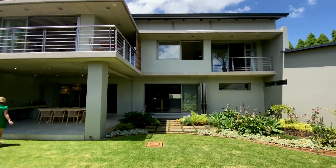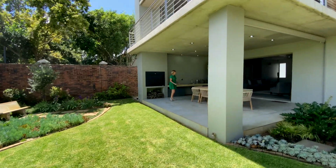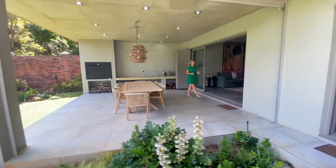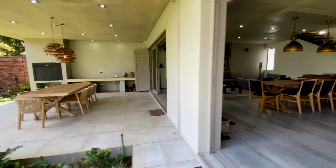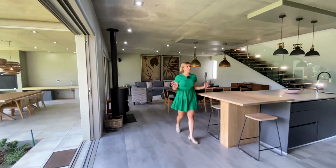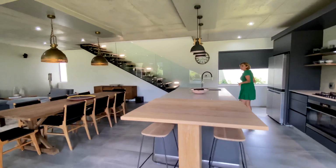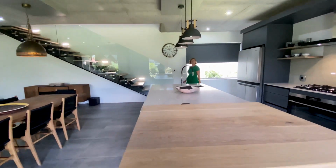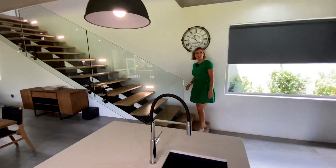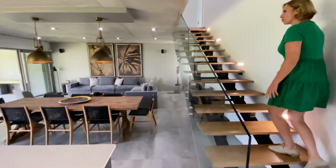And I did mention earlier, we are literally 2 minutes from one of the top schools here in Waterkloof. It's Waterkloof Primary, and we're minutes also from Waterkloof Corner. But because this house is on a panhandle with the privacy screens and all that, it is so quiet, you don't even know that you are in the middle of Pretoria Old East. And Old East, of course, is the most desirable place to be in Pretoria. I used to live down the road, and I loved every second of it, with the big, massive trees, walkways,